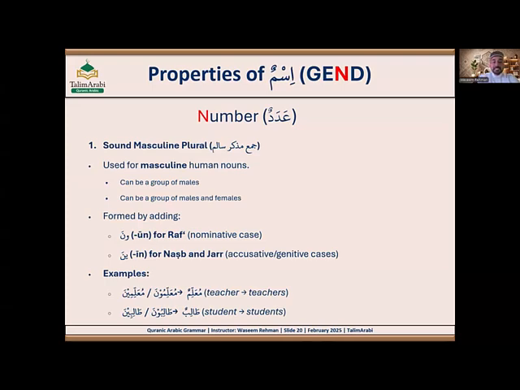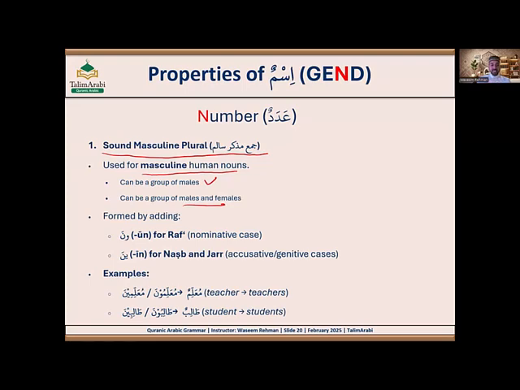This type is used for masculine human. Basically it's used for human, and mainly for masculine, not feminine. It can be a group of male, but if there is a group of male and female, you still use this pattern. We'll learn how to apply this pattern. Either you have a group of male, three or more, or a group of male and female, three or more. So this type is for humans, not for non-human, because we know that in Arabic